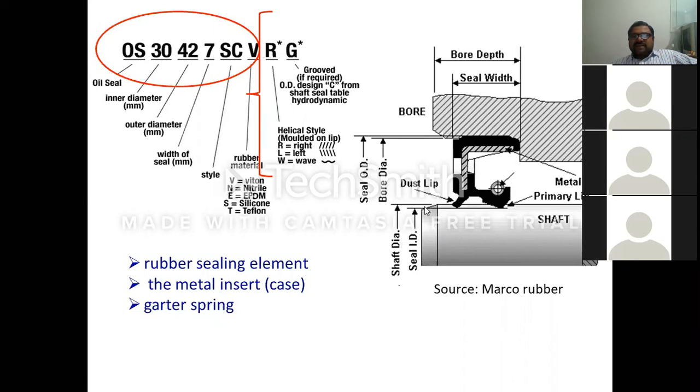Shaft diameter is given, then seal diameter is given here, then bore outer diameter is given, seal OD is also given, seal width is also given. Again, all these nomenclatures are available in the data book. So what you have to do, you have to decide the input shaft diameter and output shaft diameter. After that, you take the input and output shaft diameter, and from the chart in the data book you will get all the dimensions of these lips.